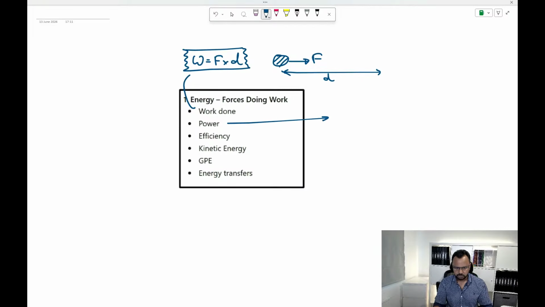Power. Guys, give me the definition of power in the chat. Yes, we will have a look at everything in this topic, yeah? Interact as much as you can, guys, because that is the best way to learn. So, definition of power, somebody. Rate of energy transfer. Yeah, that's right. Thank you. So, power is energy divided by time, or work done divided by time, guys. Any of those two things, fine. Thank you. So, energy is measured in joules, time is measured in seconds, power is measured in joules per second.